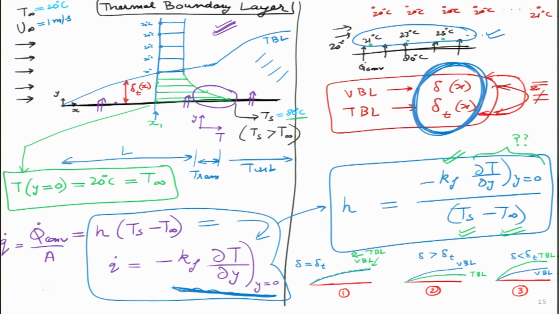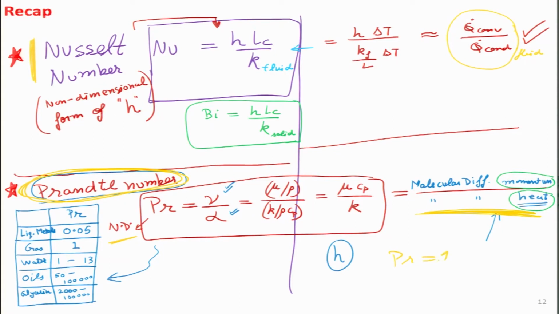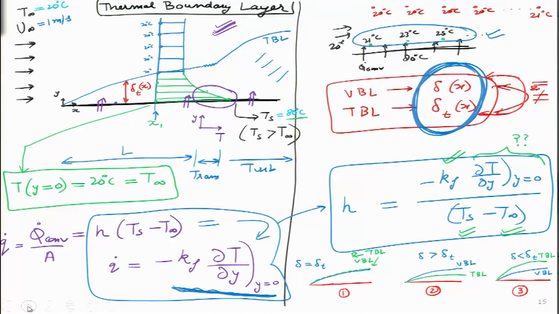And the solution for that, 2 slides back if we go over here, is because of the gentleman named Prandtl. Just by looking at the Prandtl number, which we remember is the ratio of these two molecular diffusivities, one is the diffusivity of momentum, one is the diffusivity of heat. If the Prandtl number is equal to 1, what does it say? That the molecular diffusivity of momentum and heat become exactly equal. Now, we go back 2 slides and I simply write over here that for this case number 1, Prandtl is equal to 1.